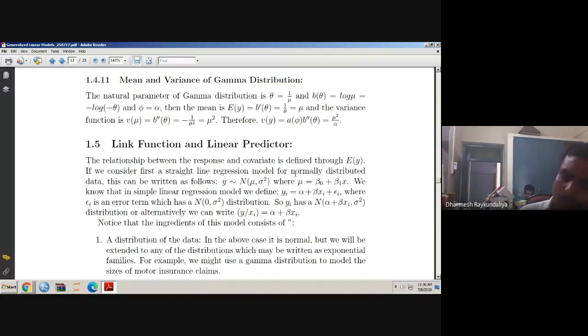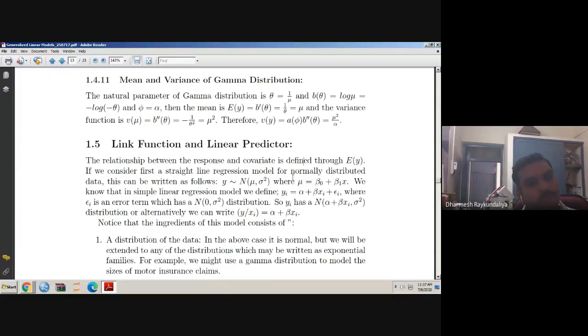So whenever we talk about distribution fitting, you have to always go for the nature of data, whether it is discrete, count, or continuous. Suppose it is discrete, then which distributions are available? Bernoulli, binomial, geometric, negative binomial, hypergeometric. These are all the distributions available. And then you have to verify the properties.